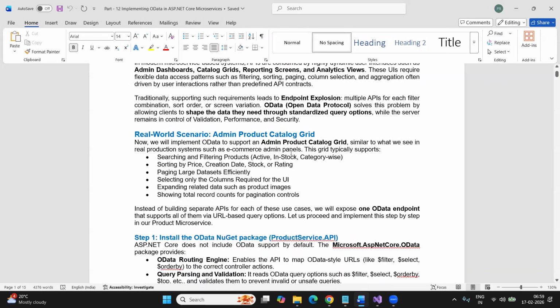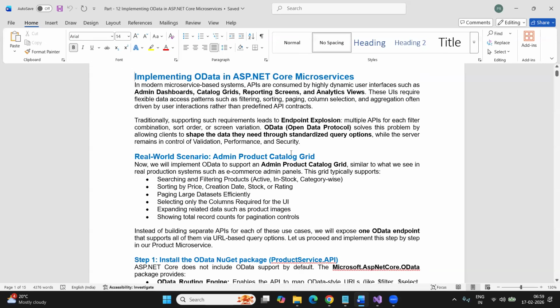So now I'm going to implement OData. And guys, remember, this OData is not related to your API layer. This is related to our data-specific layer. For example, I want to apply these conditions on the product microservice. In the product microservice, I'm providing some data in an admin panel for the product, where the admin can